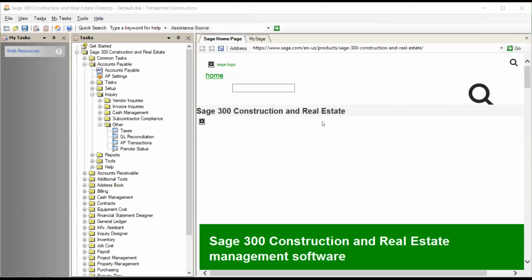Okay, once it goes over into Sage and you pay the invoice, we have a process to attach the check to the invoice. And I'll show you that here in just a minute. But the end result, once that check gets attached,